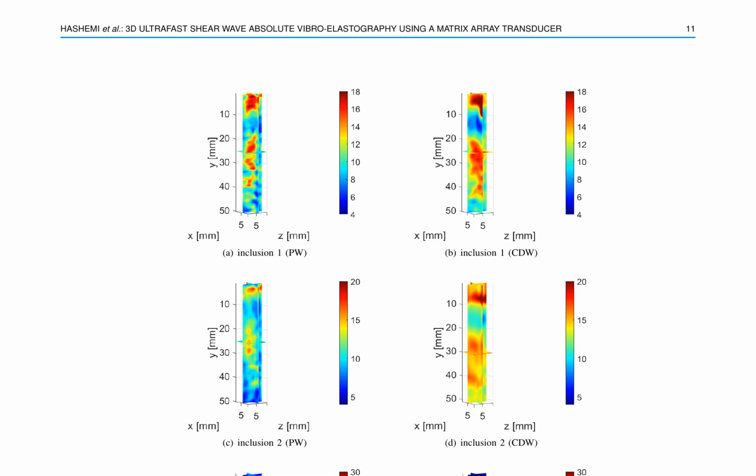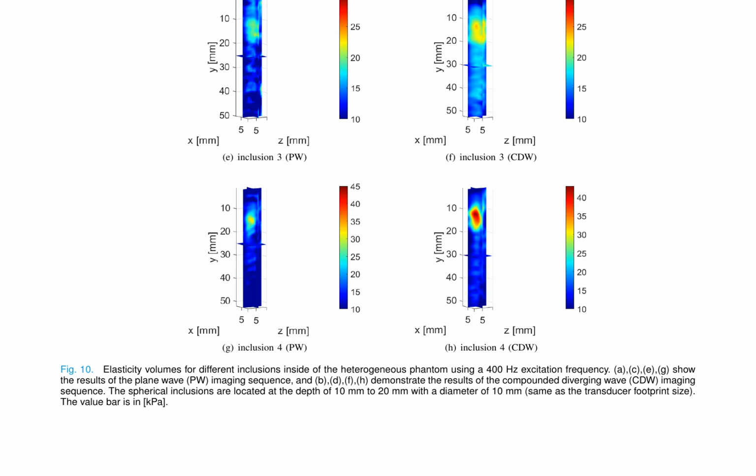The spherical inclusions, positioned at a depth of 10 mm to 20 mm with a diameter of 10 mm, corresponding to the transducer footprint size, are represented in units of kPa, as indicated by the value bar. The comparison between PW and CDW imaging sequences reveals differences in their ability to accurately reconstruct elasticity distributions within the